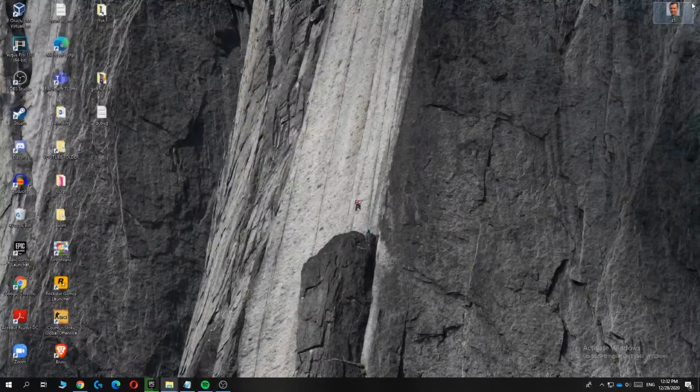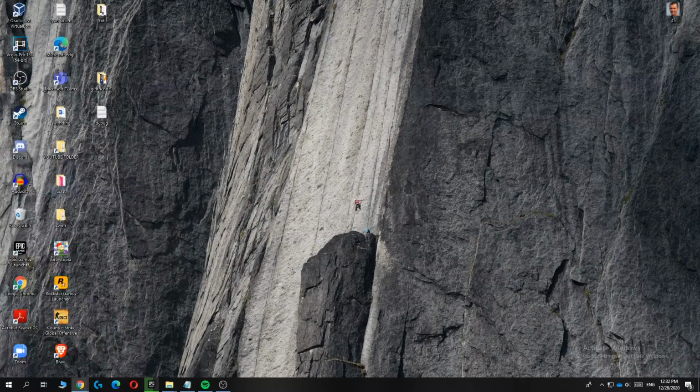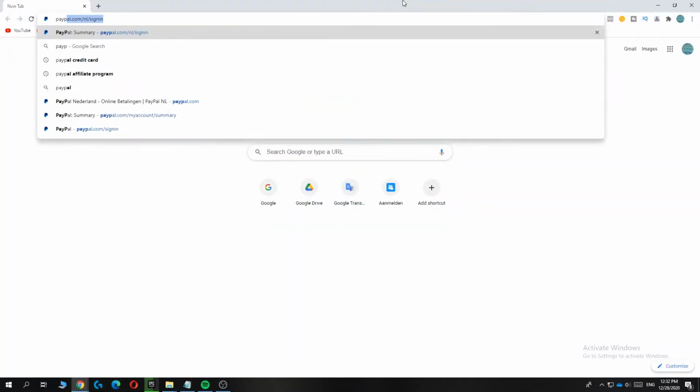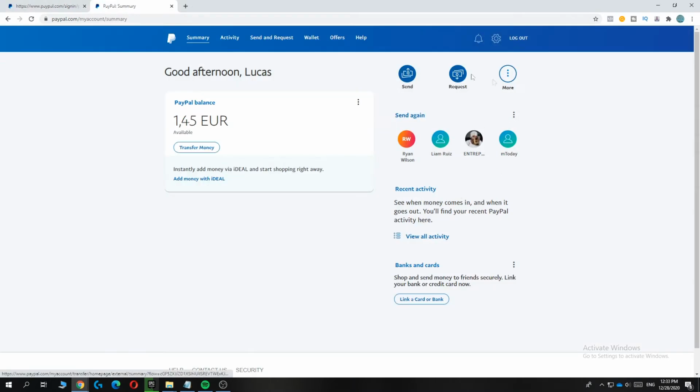So you want to close it and then open it again. I'm using Chrome. Just type it again and then do it again. For some people this works, so basically hit login again. For some people this will work, but if this didn't work for you, because it's not really a solution,